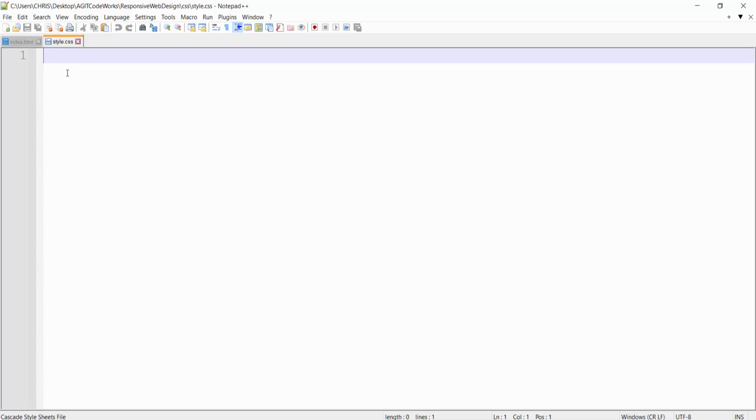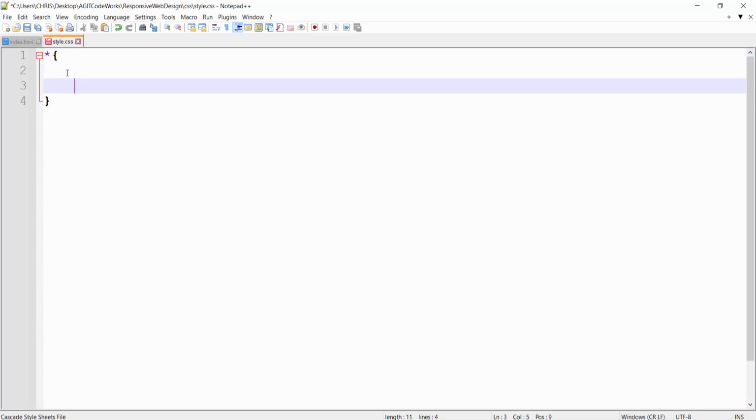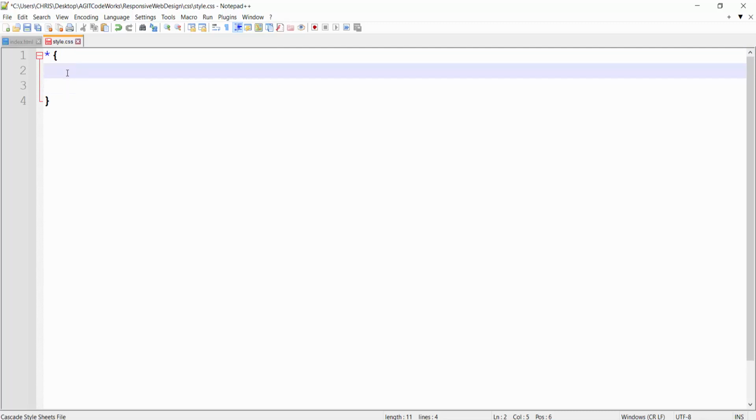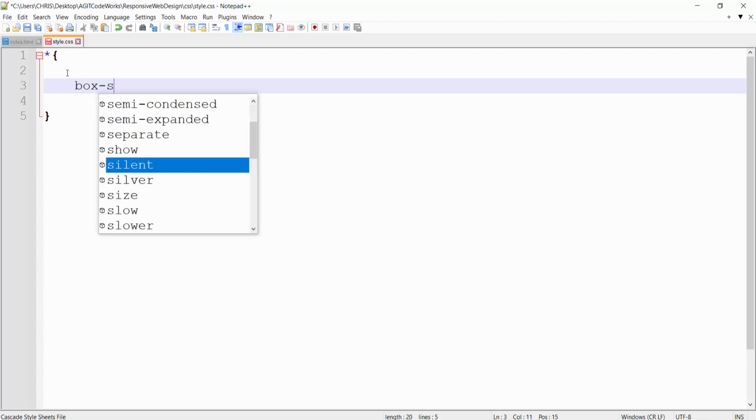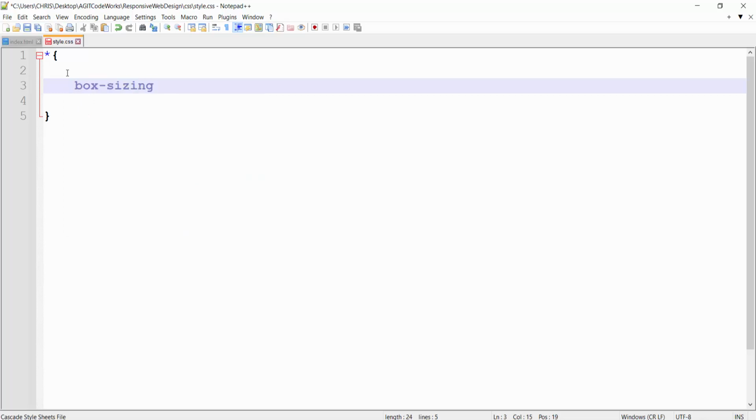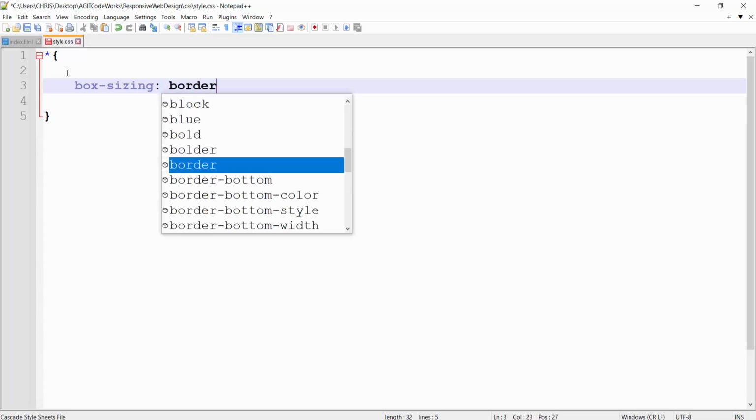All right, the first thing we'll add is an asterisk. Okay, open and close a styling box. So now the first component we'll talk about is something called box sizing. Box sizing is very useful when you don't want padding and margins to distort what you've already put up as your layout. So box sizing basically, if you set it to the property border box,